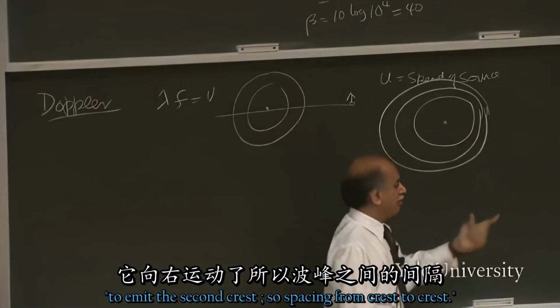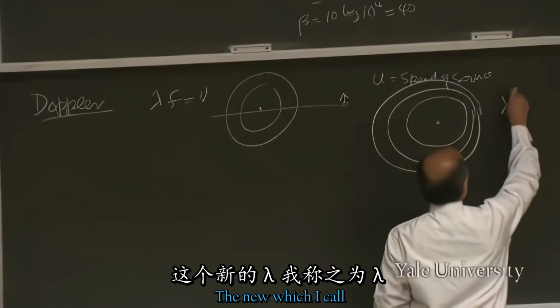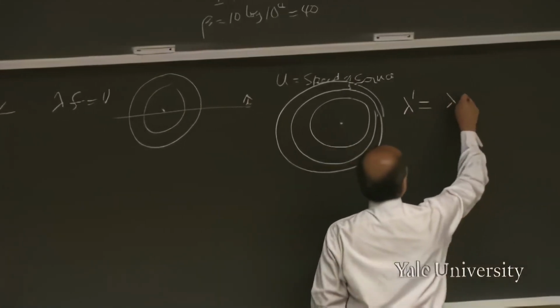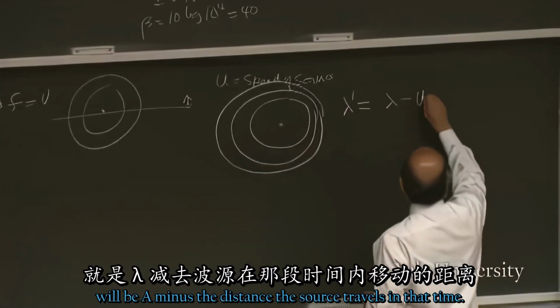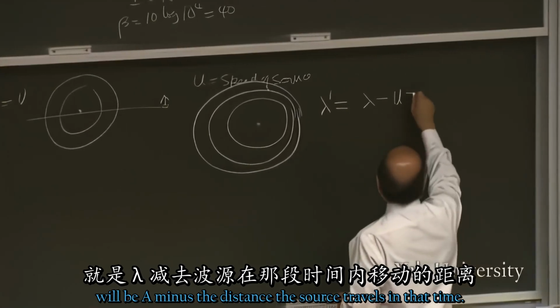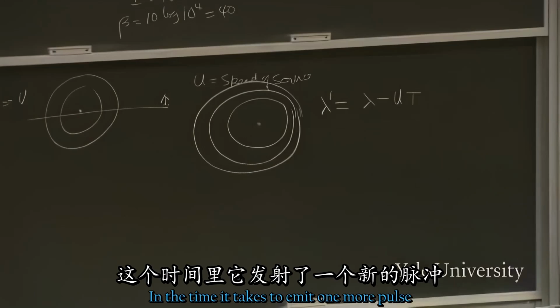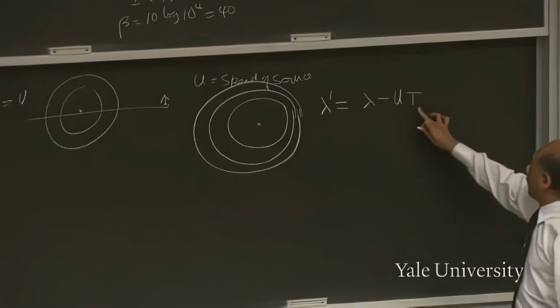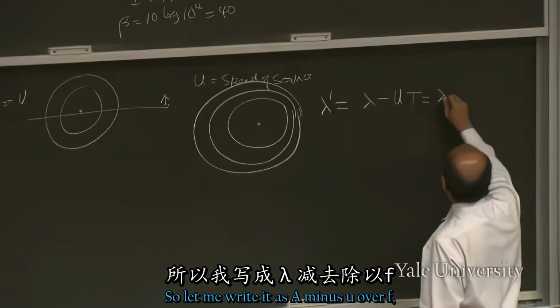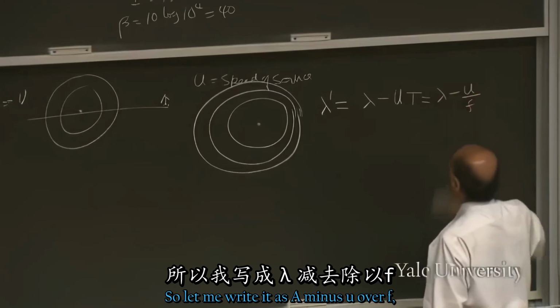So the spacing from crest to crest, the new lambda, which I call lambda prime, will be lambda minus the distance the source travels in the time it takes to emit one more pulse. That is the time period. So let me write it as lambda minus u over f,